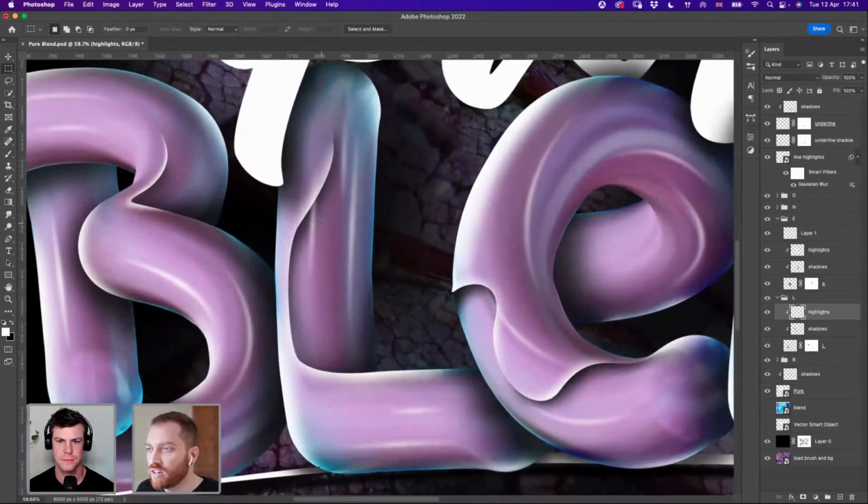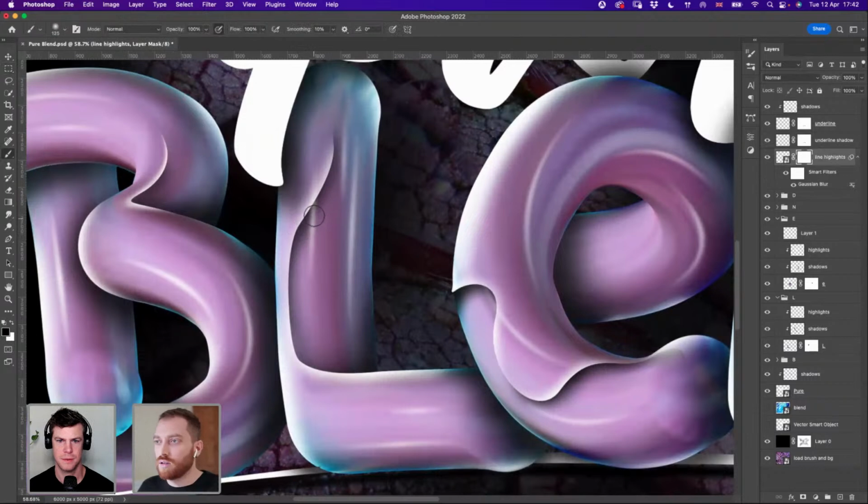I would prefer the curve to be a bit more smooth, but okay, let's go at the top. These are the highlights. So we can add a mask to that to just hide this part. See, like this. It's kind of having a shadow on that, but it's actually hiding the line.